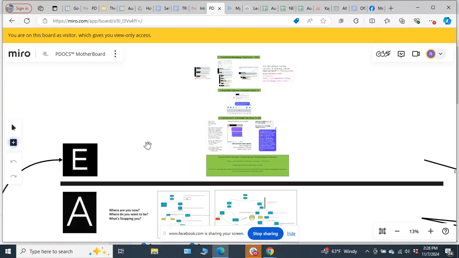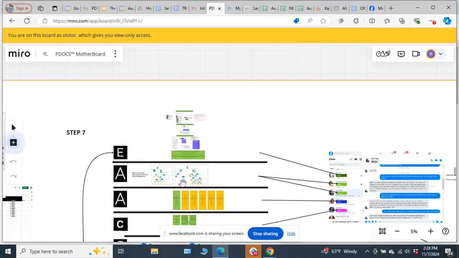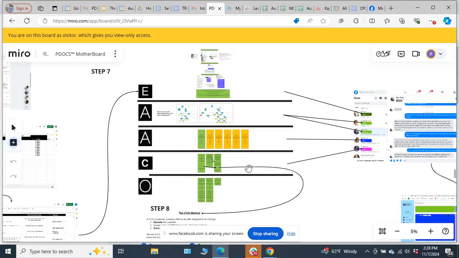So what this is showing you on this board, this is our ECO framework. And currently this motherboard, for anyone watching, Jordan, I know you're on here, so you have access to this because you're a PDOCS CAM member. But anybody that's not in the program doesn't have access to this motherboard because it's literally just for paying students. But where we start is engagement, right? Whether that's a post, an ad, or an email. What are we doing at first to elicit someone to raise their hand and engage, right?